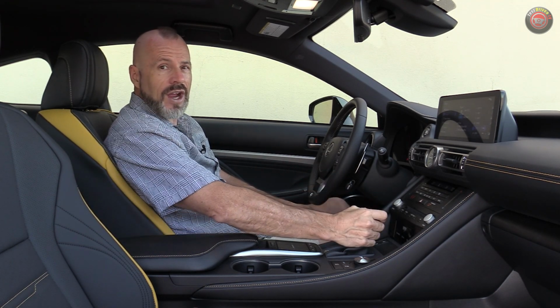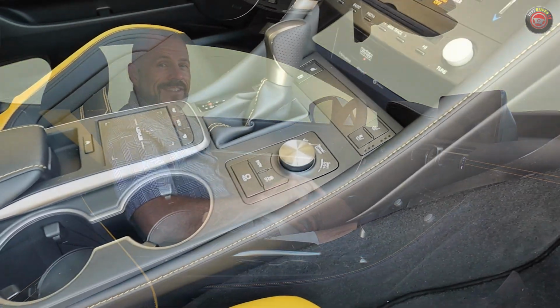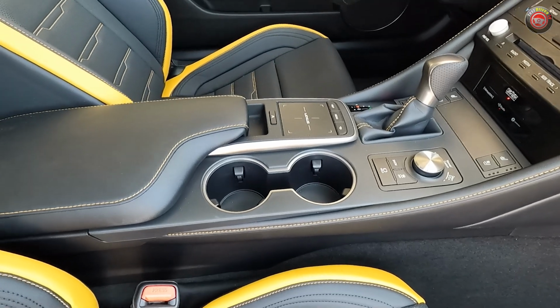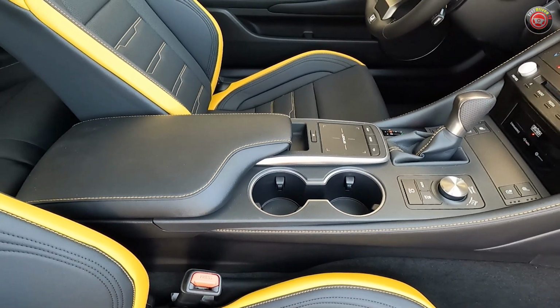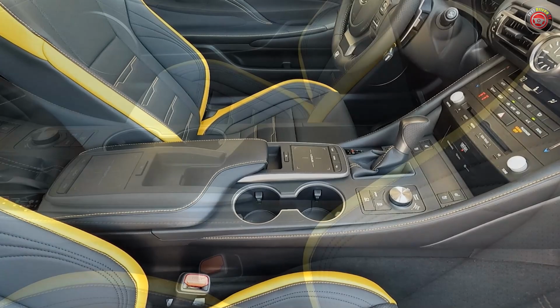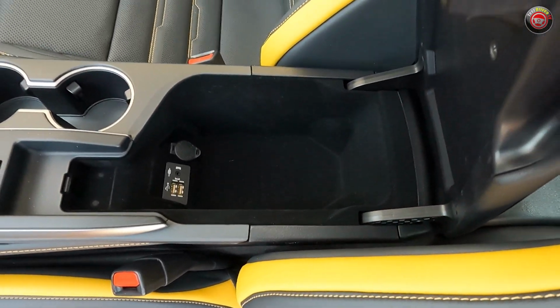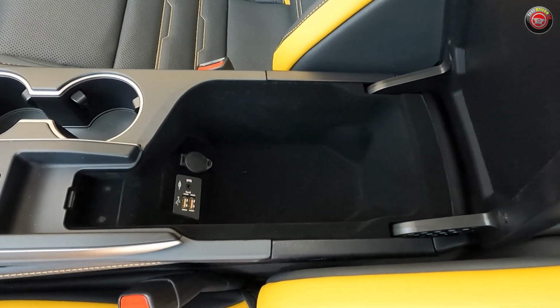You can see it moving around, you can feel it moving around. It's the real deal. A knob off to the side for the drive modes, and cup holders off to the side so they're out of your way for big tall cups, and storage inside here. This is about the size of a rectangular tissue box, and there's lots of ports down inside there